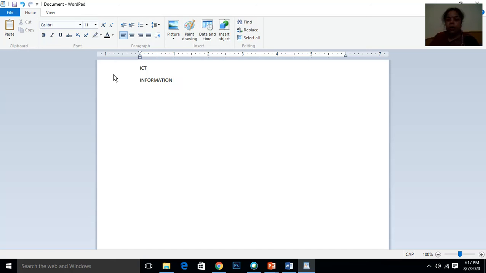In this, what you have to do is type a poem. For this you have to start typing. On the keyboard you will find the Caps Lock key. So first turn on the Caps Lock key and then start typing the poem like this. I am just typing one poem for you.